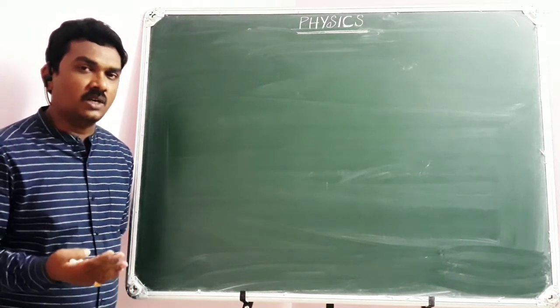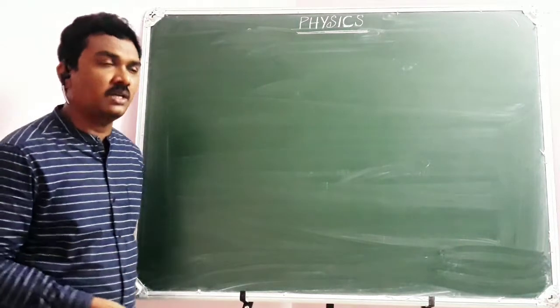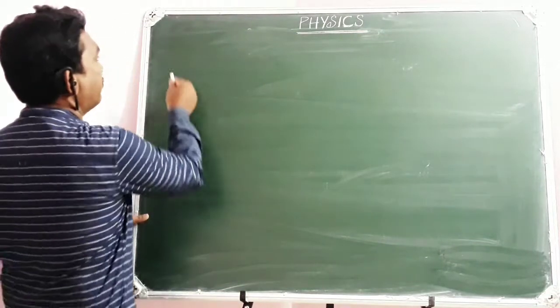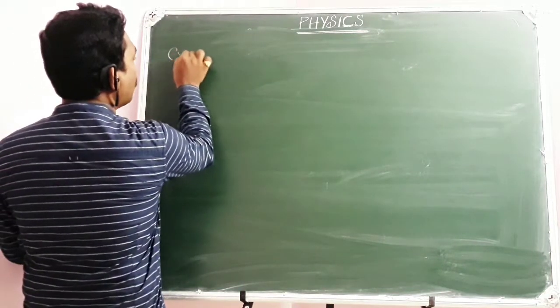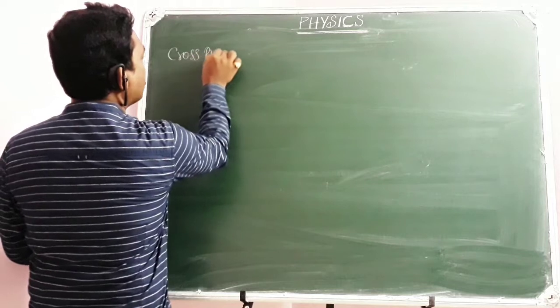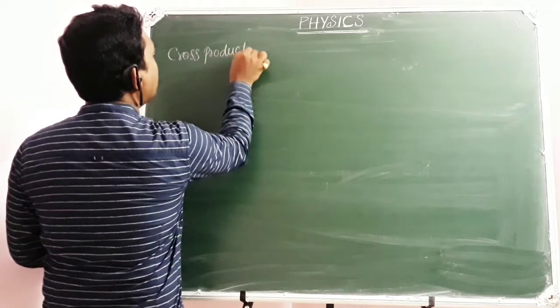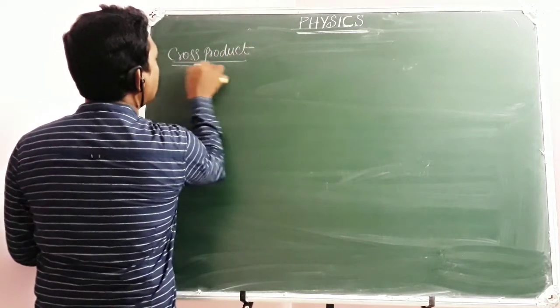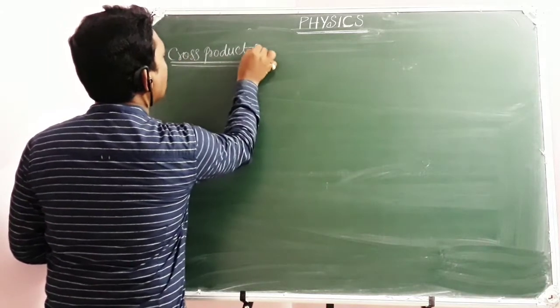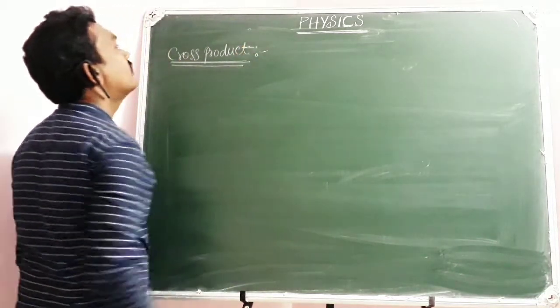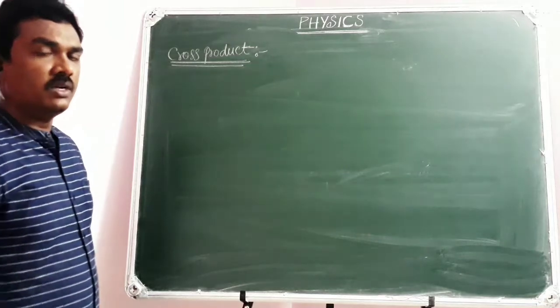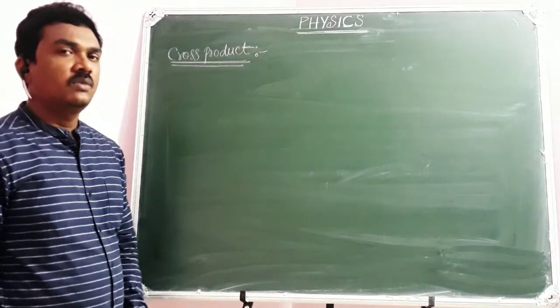We dealt with the dot product in one class. In the other class we started with the cross product of vectors, and we are going to close the concept of cross product today. But to get a little more perfection, you need to spend some extra time on this particular concept, so that in the next class we can go to a different topic in vectors.